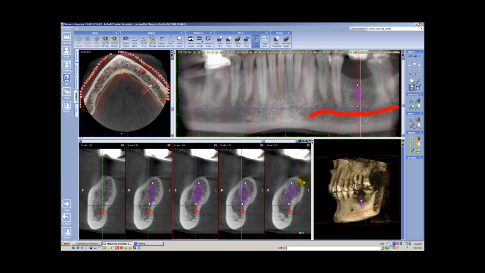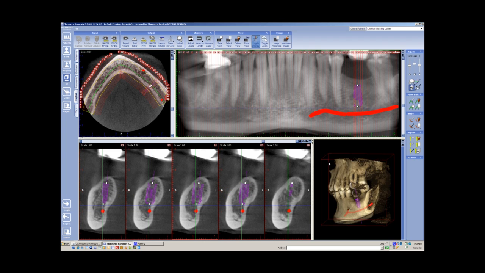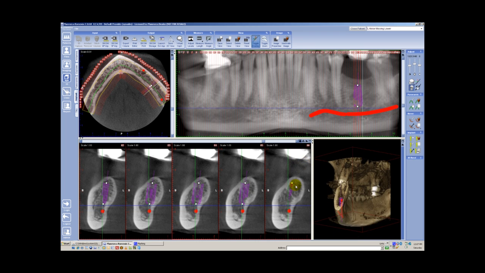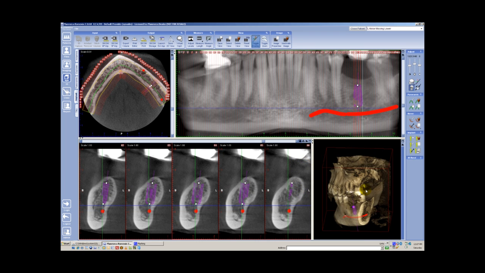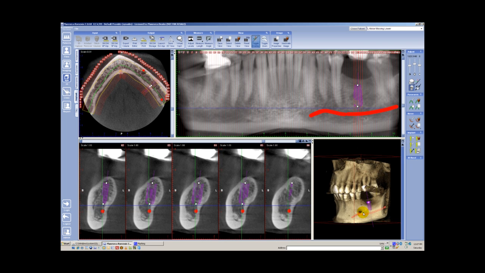Now I get to see how the implant is sitting. I can drag this around to make sure all my slices are covering the entire range for the implant. And also notice that I can see the virtual placement in three-dimensional space and the volumetric rendering of the implant. If I wanted to see this more